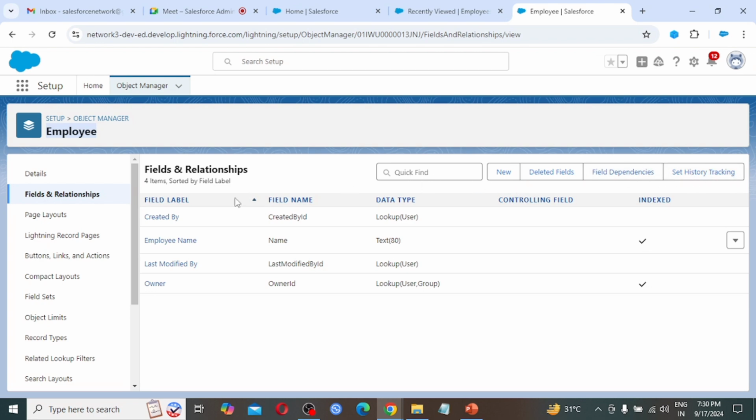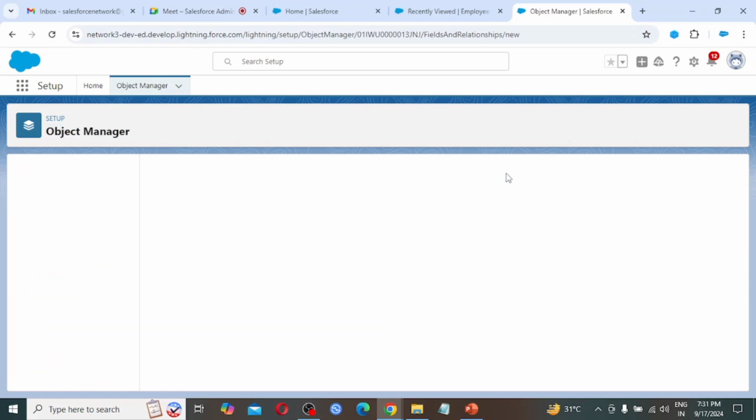If there are so many fields and we need to search for a particular field, simply we have to click here in the quick find. We can search for that particular field. Or if we need to create a new field, as we had seen in our PPT, for the employee object we have to create fields. So we need to click on new.